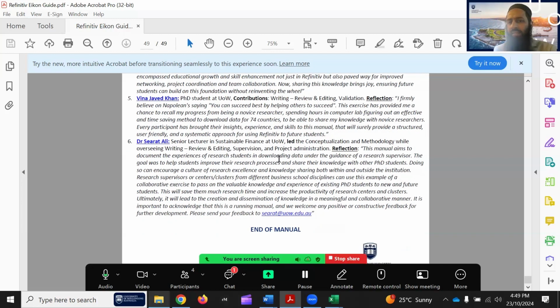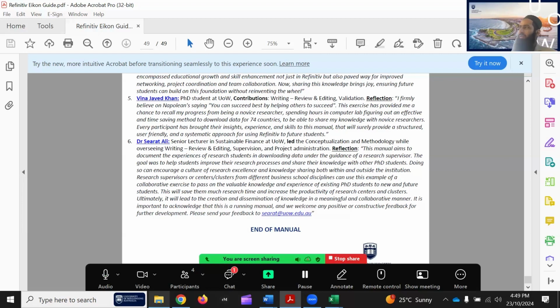And my own strategy: why I initiated this, what is the reflection, and what I see as the future of it. And through this reflection, I encourage all PhD students to find opportunities to bring different PhD students together, given the challenges as well, because when students come together, either you are leading those supervisions, you can engage them, or if you bring other students, then you may upset your colleagues. So it has to be a culture that we can create where we can have more collaborative manuals like this.